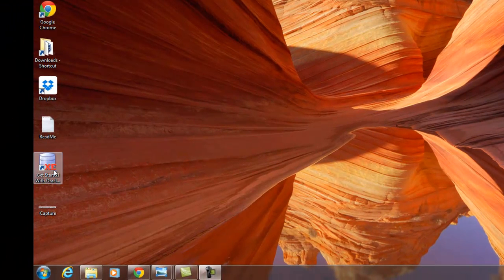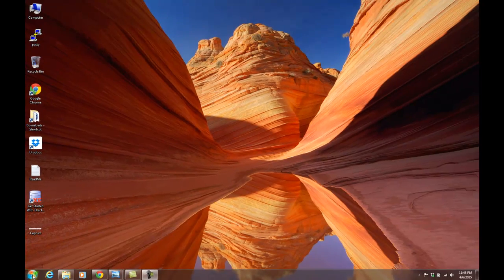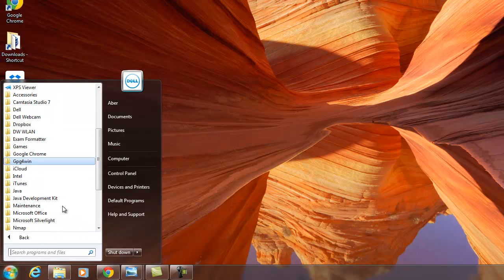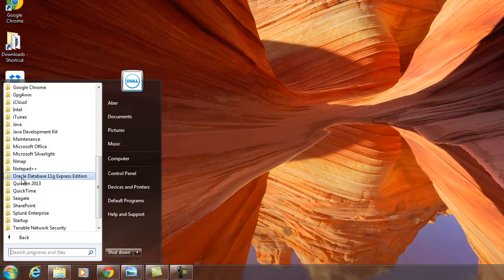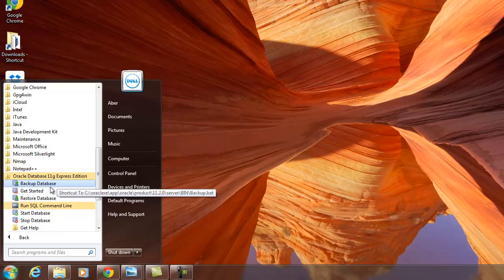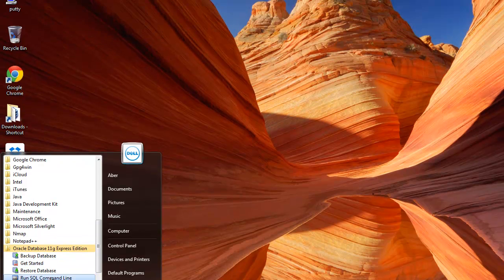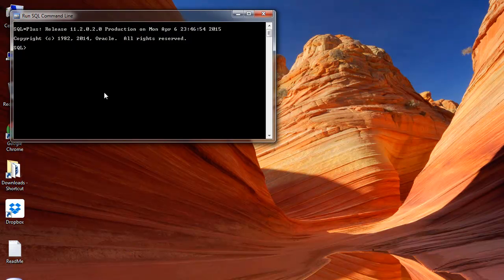You'll notice on my desktop here, it added this icon here, as well as under the start menu. If you go to all programs, it should add something like this, Oracle Database 11G Express Edition. If you click on that, it'll give you some tasks you can do as far as backing up the database, restoring the database. It also installs SQL Plus, a command line utility, as part of this install. So if you run that, you'll be able to